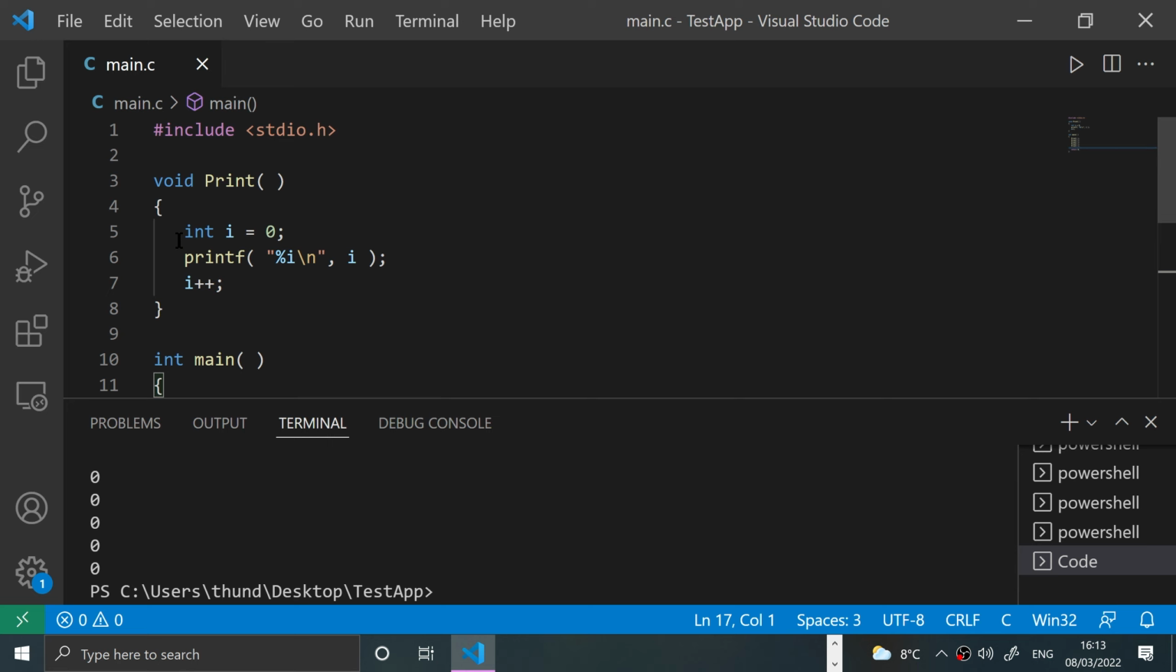And the reason is, every time this function is called, it creates this variable i. So it prints off 0. Then i becomes 1 here. But as soon as it hits this, any variables that were set up and had memory allocated for them get wiped. Whereas if now we put the word static here, and this can be done with any data type, and we run that now,